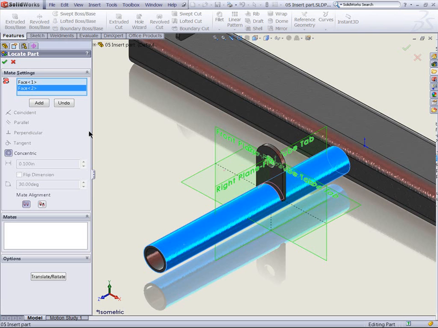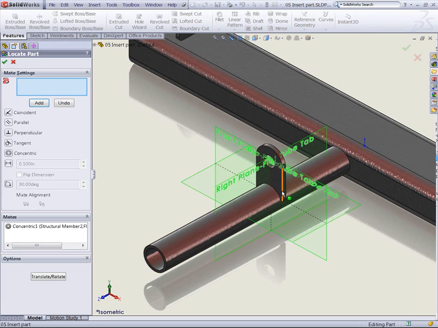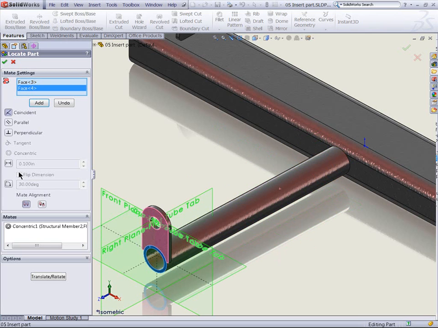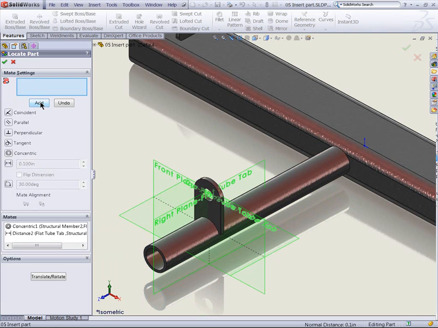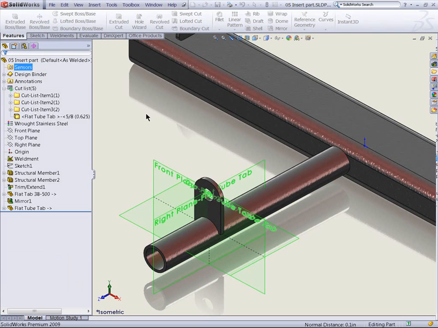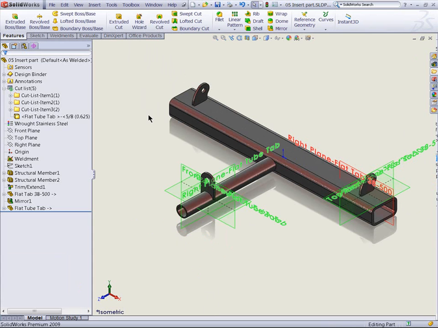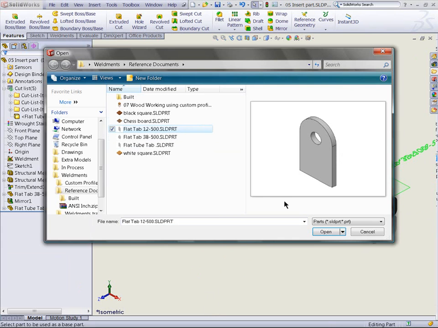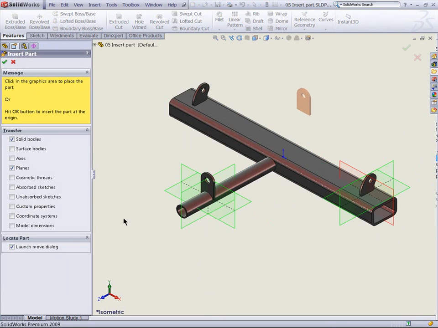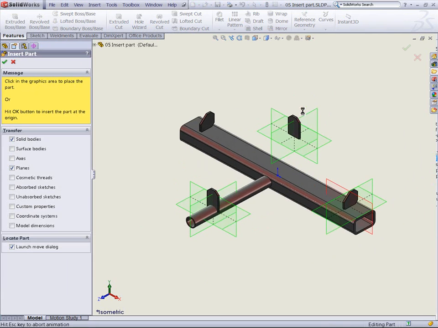That's the face I needed, so I'll go ahead and add a concentric there. And then if I wanted to specify distance off the end here, I could do that. Maybe 3 inches off the end there. Add that, and that one's located as well. And then to show that one more time, insert part, grab my last tab, make sure launch move dialog is on, and then position it,